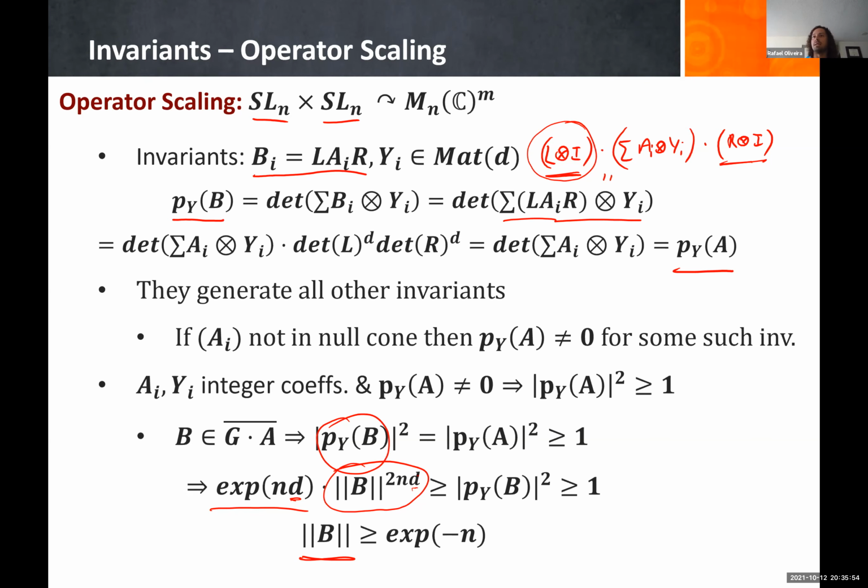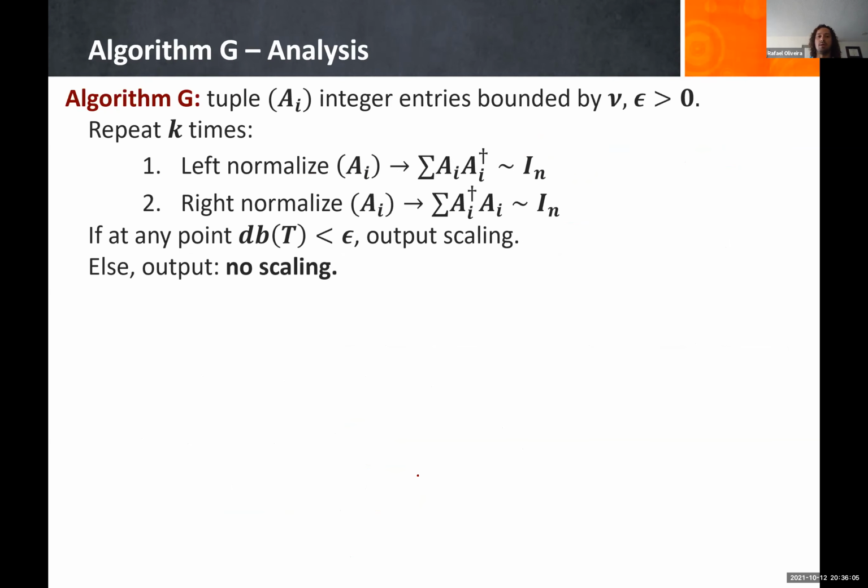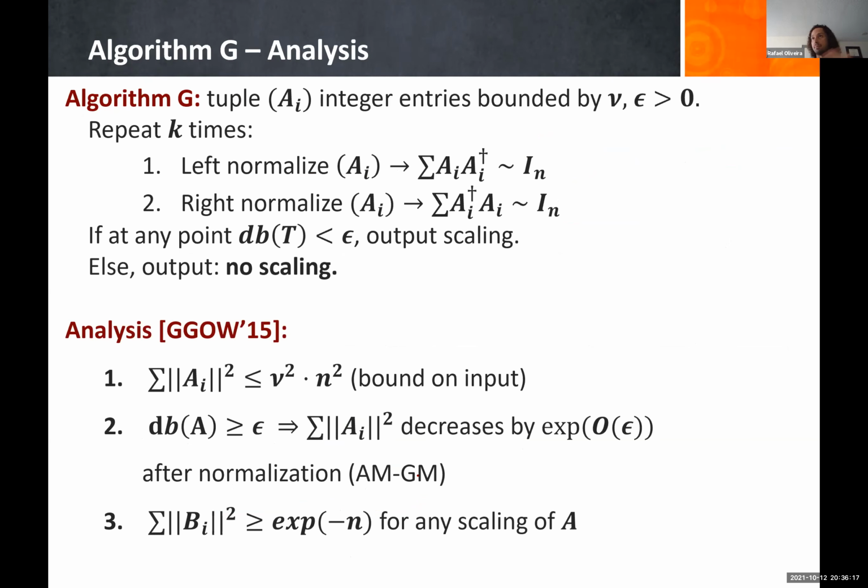So again, what did we prove? That if I'm not in the null cone, then all my scalings will be far from 0. All right, so now let's just look at the analysis, which is analogous to the analysis that we did before. So if we have our normalization and the analysis here, which came like 11 years after Gurvits, what was it? Again, we just use the norm as our progress measure, as a potential function. And again, just by generalizing the LSW, we can say if the distance to W balance is bigger than epsilon,